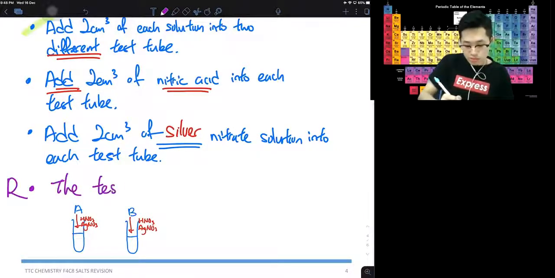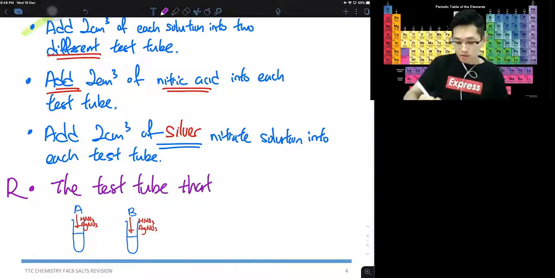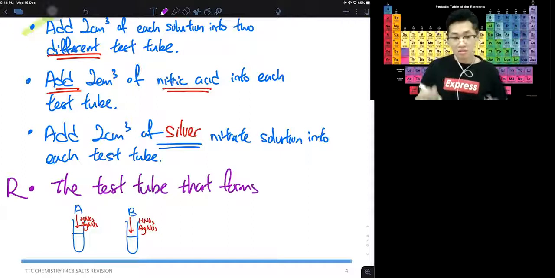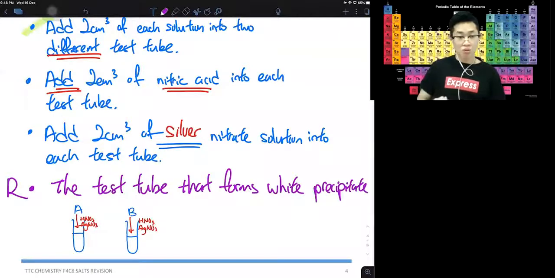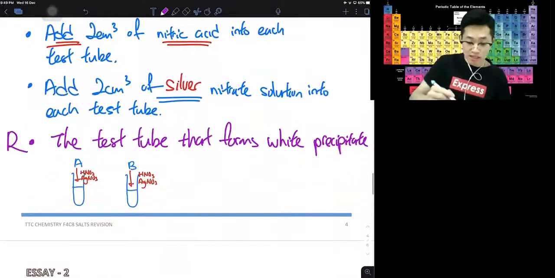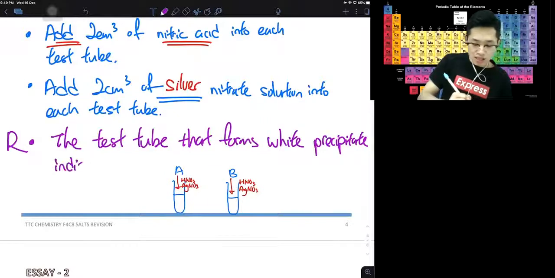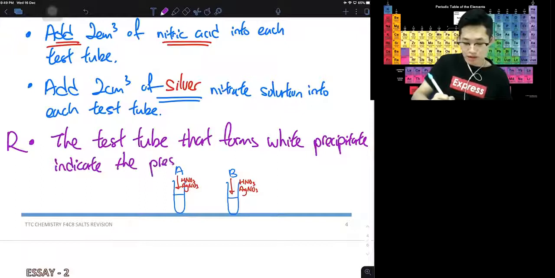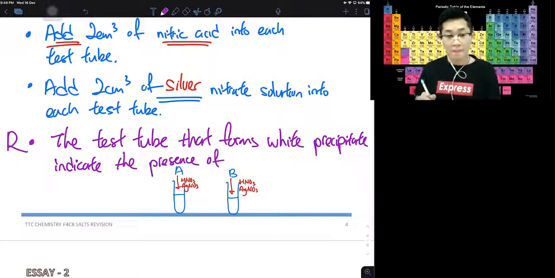The test tube that forms or produces white precipitate, whichever test tube produces white precipitate, indicates the presence of